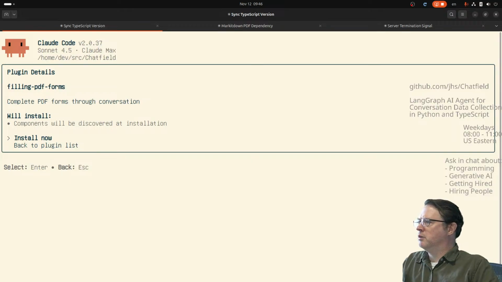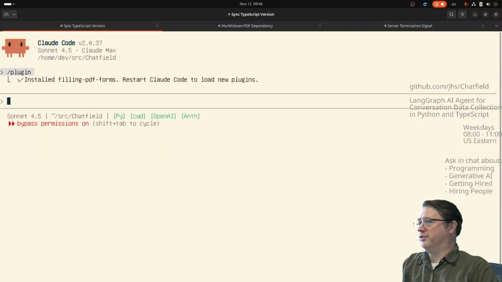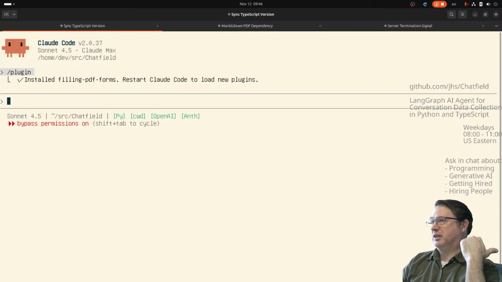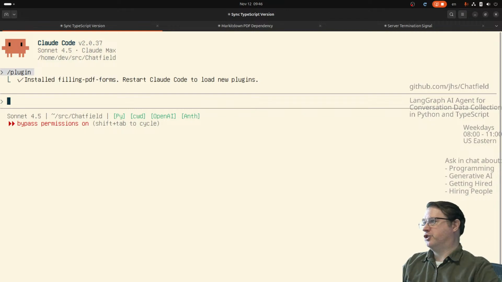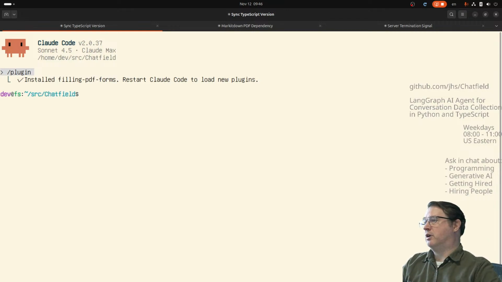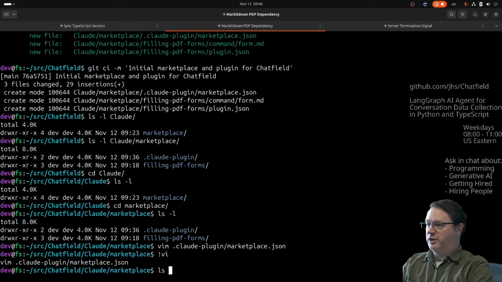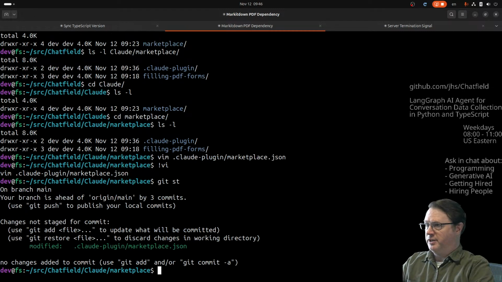Okay. Components will be discovered at install. Now we have Python dependencies and stuff here. We've got some problems coming up soon. Markdown is going to be the easy part. It's going to be shipping LangGraph, Python dependencies and stuff like that. But we'll get there. Restart Claude Code. So we've done it. So this is fine. But the problem is,